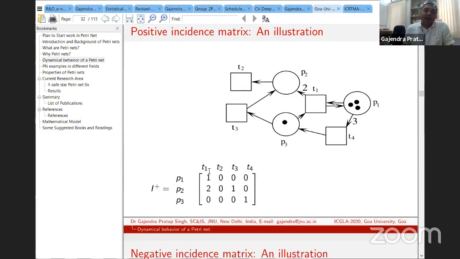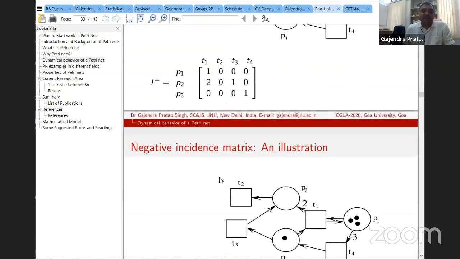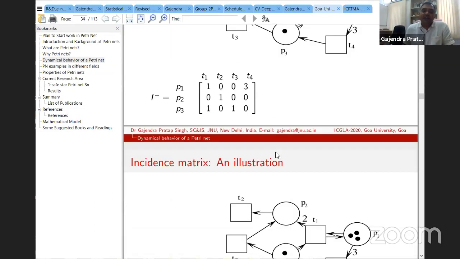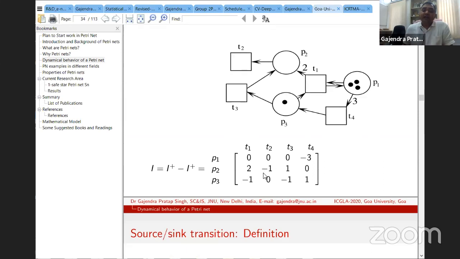The arc from T1 to P1 is 1. Similarly, T1 to P2 is 2, meaning the arcs from T1 to P2 number 2 here. Then we can express all these positive, outgoing arcs in the form of the positive incidence matrix. Similarly, we can construct the negative incidence matrix, and if we take the difference, I plus minus I minus, this is the